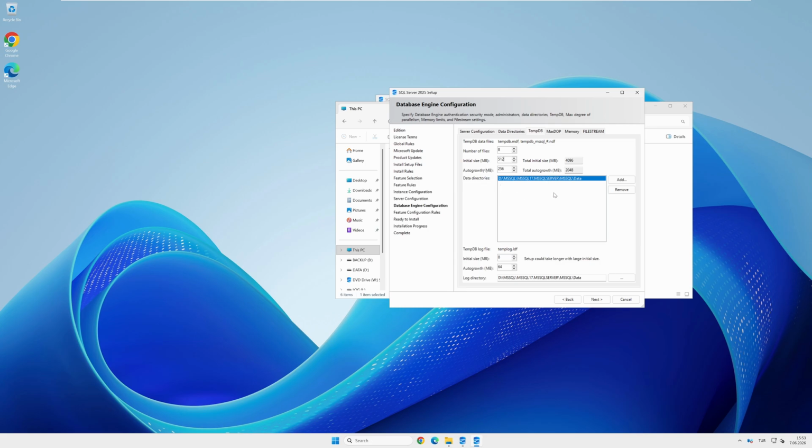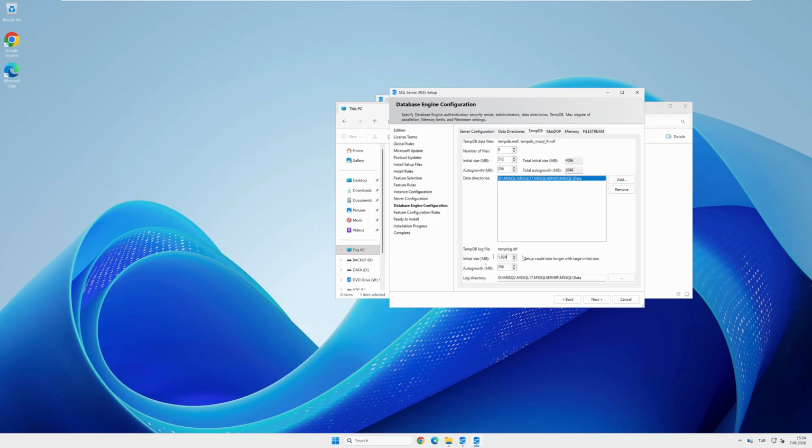The right approach is to size the files as accurately as possible right from the start and avoid constantly relying on autogrowth. For the TempDB log file, I am setting the starting size to 1024 megabytes. And the autogrowth value will be 256 megabytes. We don't want to leave the log file too small because log growth operations can cause short delays in busy